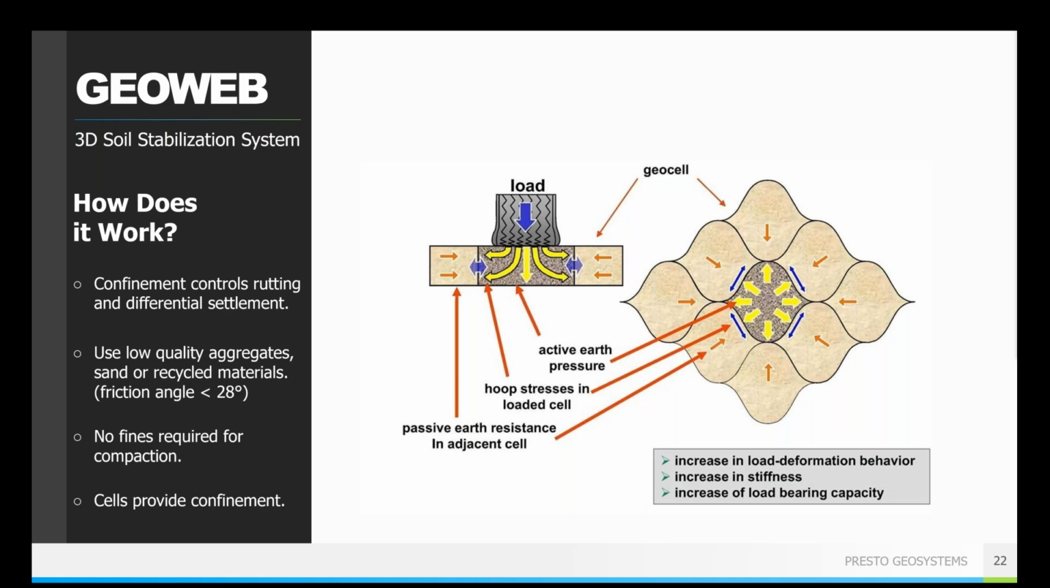So when that vertical load is applied, the active earth pressures within the loaded cell push back against the passive pressures in the adjacent cells, thereby supporting the load collectively, all of those cells together. Each cell aids all of the surrounding cells. And so, as we mentioned,